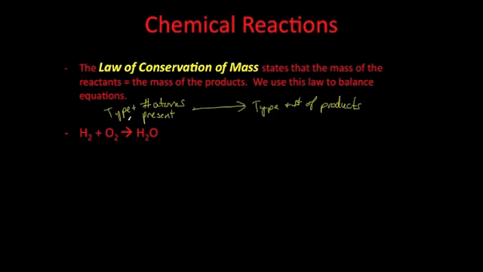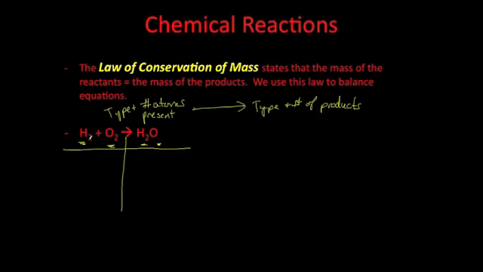So what does that mean? That means when we look at an equation, we have to say, hey, are there the same amount of hydrogen atoms on this side as there is on this side of the equation? And is there the same amount of oxygen atoms on this side as there is on this side of the equation? And if you look at this equation, I'm just going to draw a T-chart, and what I do is